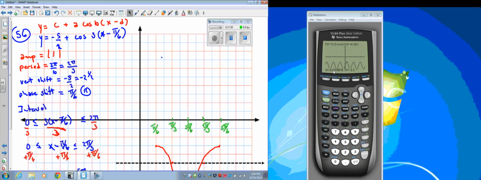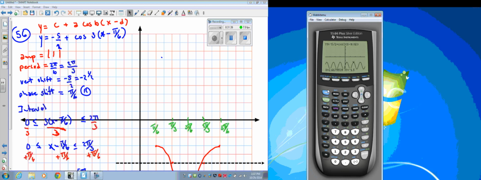Now, another way you could do this, you can see that here's 1, there is where I would be at the end of my cosine cycle, right? So I can run my cursor over through the 1 cycle. And notice it's back up there at negative 1.5 again. And this should be that 5 pi over 6. Now, if I want to verify the 5 pi over 6 and pi over 6, what I can do is